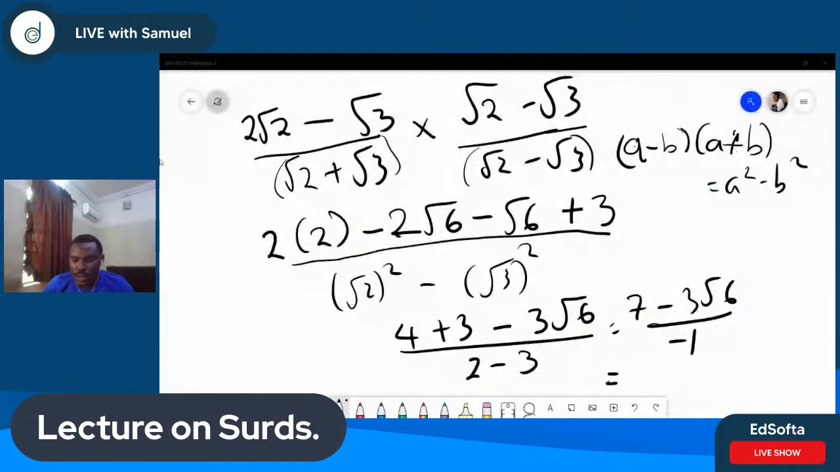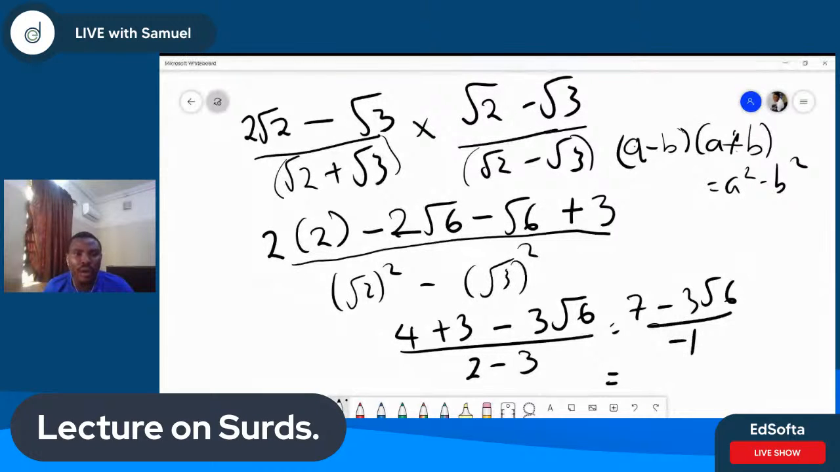So all we just need to do is flip. So if you followed me from what I was saying, 2 root 2 minus root 3 all over root 2 plus 3, we have times. So like I said, you multiply by the conjugate of the denominator. So when you have 2 root 2 minus 2 root 6 minus root 6 plus 3,